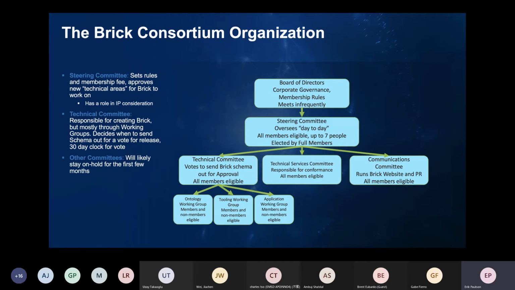And there's a communications committee that will take over the Brick website and do public relations and PR events. It would do things like this event, participation at the AHR show, Realcomm, pick your favorite events. That working group would get the word out about Brick and help people know and use Brick.